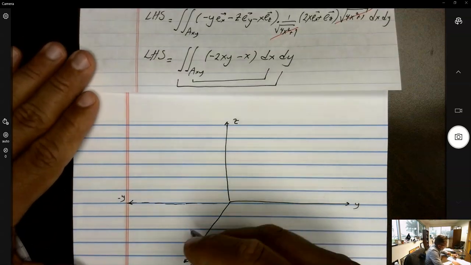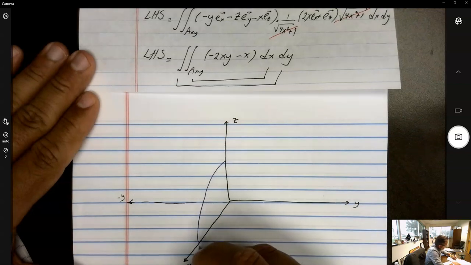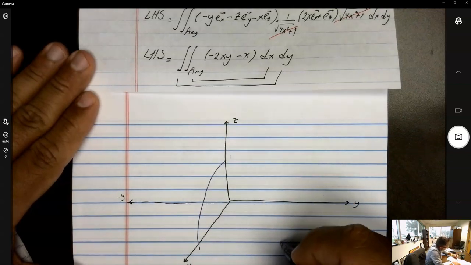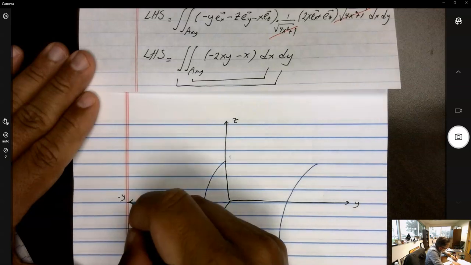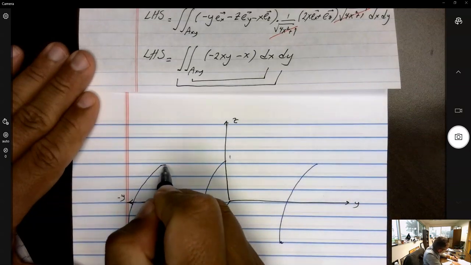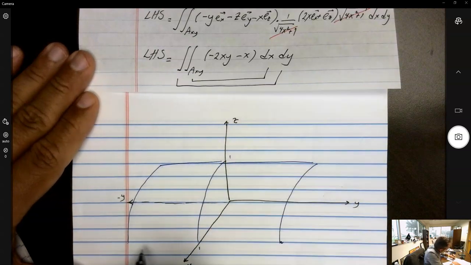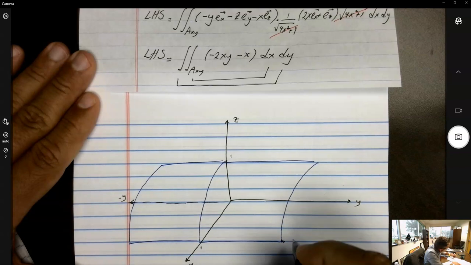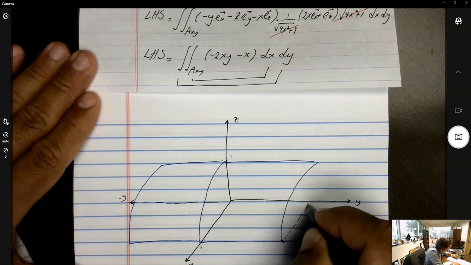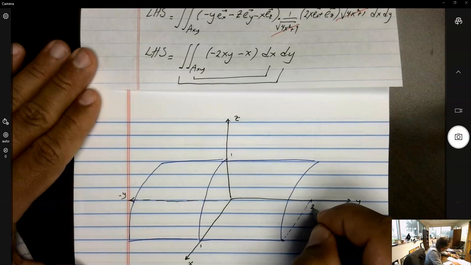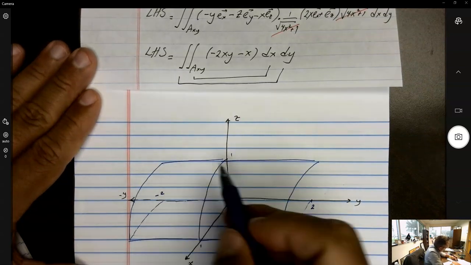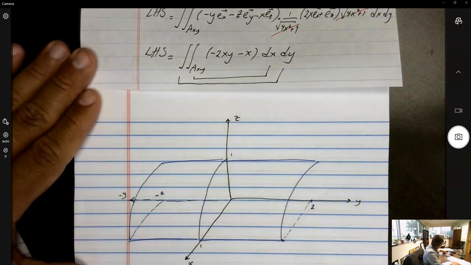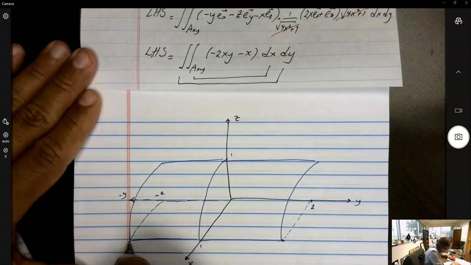Again we go from 1 to minus 1 to 1, from 1 to 1. We go from 1 to 1 here, and we go from 1 to 1 here. As you can see, that is 2, that is minus 2, and now the curve projected onto the xy plane, let's use another color for these, is